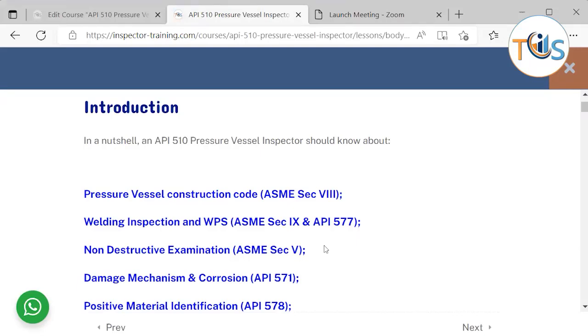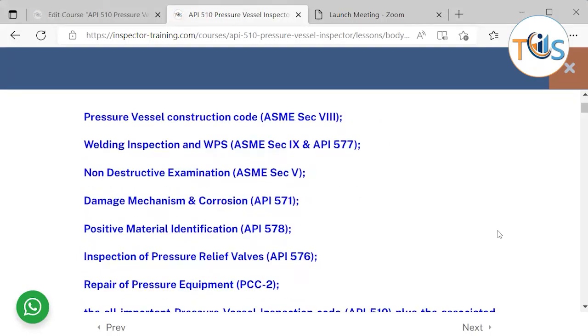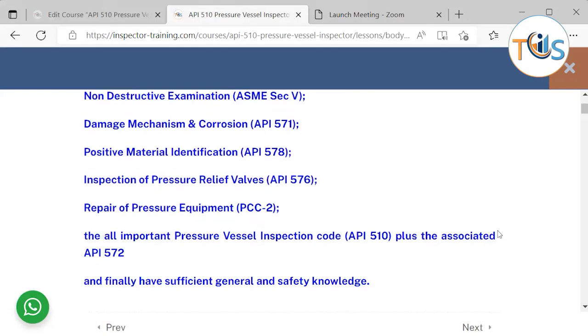Hey guys, so we start with module 2 of API 510 pressure vessel inspector. In a nutshell, the pressure vessel inspector should know about ASME Section 8, pressure vessel construction code, welding inspection and WPS, ASME Section 9 and 577, non-destructive inspection examination, ASME Section 5, damage mechanism and corrosion, API 571, positive material identification or material verification program, API 578, inspection of pressure relief valves, API 576, repair of pressure equipment,